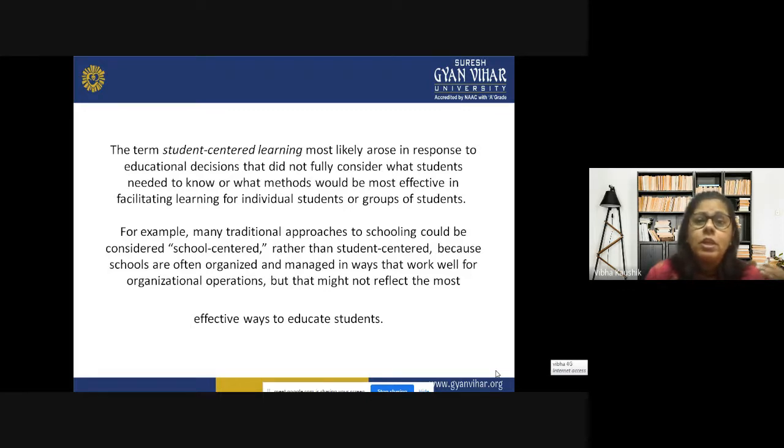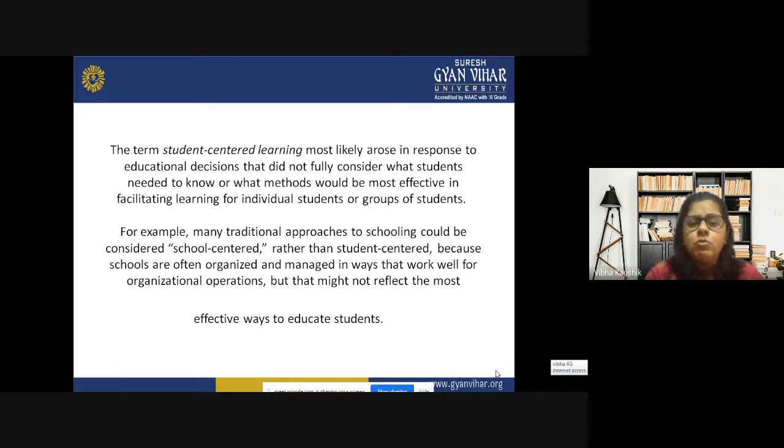Every learner's interests and needs will not be satisfied if the teacher focuses on traditional approaches. They should focus on a student-centered approach